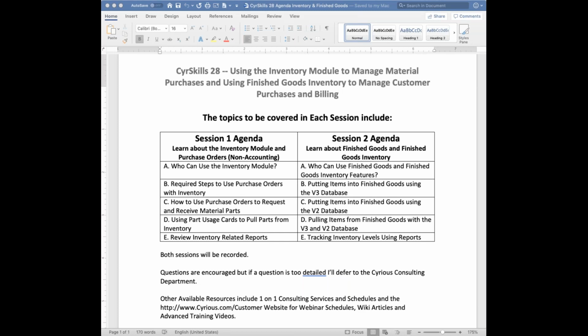I hope we can get through all of what I want to cover, but it's all about using the inventory module combined with purchase orders. We'll look at who can use the module, what required steps have to be activated in order to use it. Then we'll actually generate a couple of purchase orders or review an existing one. We'll walk through the part usage concept to update things, and then we'll wrap up. And this is where we may have to cut some time if we're running long, some of the related